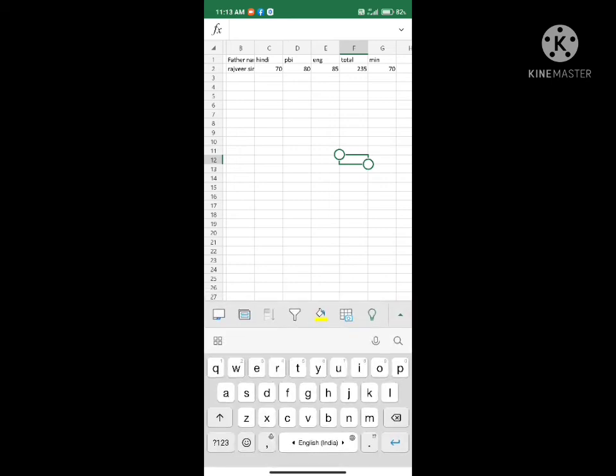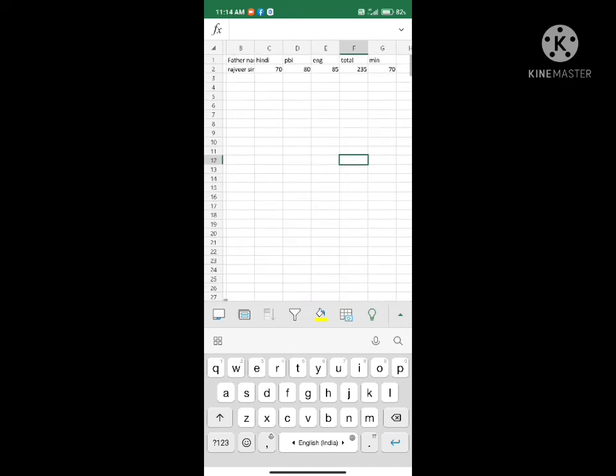Yes, after that, like this beta, you can create the project that is given to you. In that project, you have to just enter the name, roll number and marks of some students, then take their total of those marks and find the minimum and maximum marks scored in each subject.